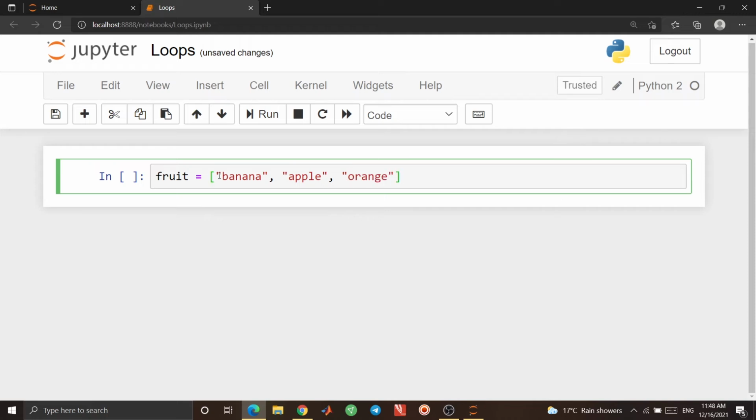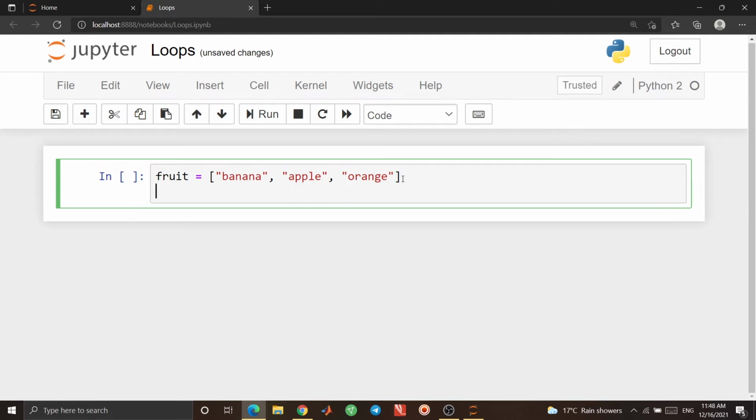Okay, these are my fruits, and I want to look through them. For example, in here I use for, and we need a counter. We do not need this counter to be defined before. We just need to create it in here. For example, CNT is the counter, and I use in